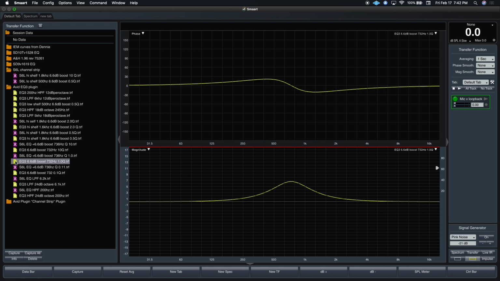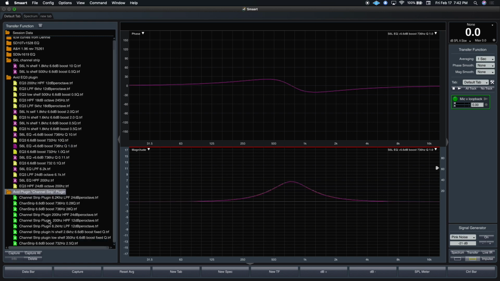1.0 on the EQ3, 1.0 on the S6L, is going to be equal to a Q value of 2.5 on the Avid channel strip plugin, not the console. The Avid channel strip plugin has the ability to go tighter and wider than everything else, and there's a couple other things, but